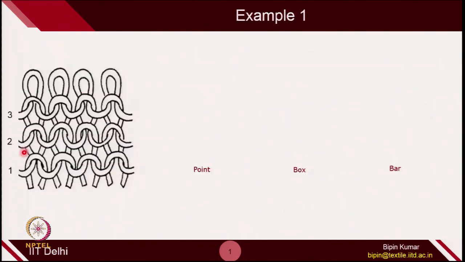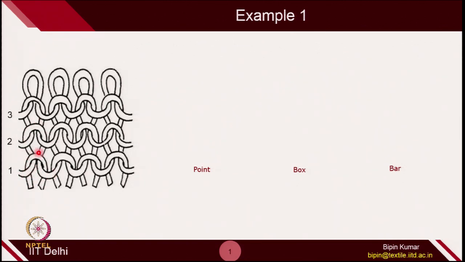For example, let us see this fabric. In this fabric you can easily see there are 3 courses, which are denoted by 1, 2 and 3. And the other thing you can notice is that all of these loops are being formed on the back side. If you carefully see, all these needles are making the loops on the back sides. For example, if you see the first course, this loop is going on the back side of the bottom loop. So, this is the bottom loop and this particular loop is being formed on the back side.